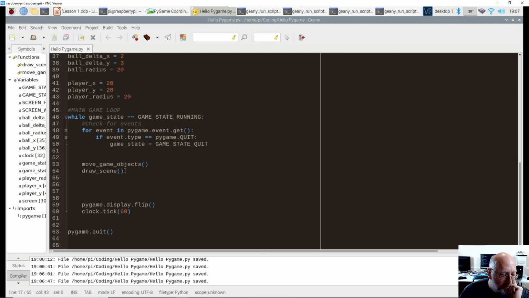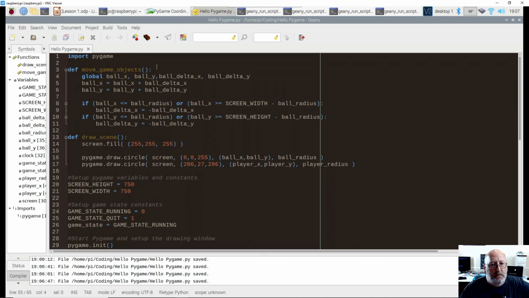Yeah, let's do it in move game objects. I think that's the best place to do it. Okay, I'm up here in the move game objects function. And what we can do,